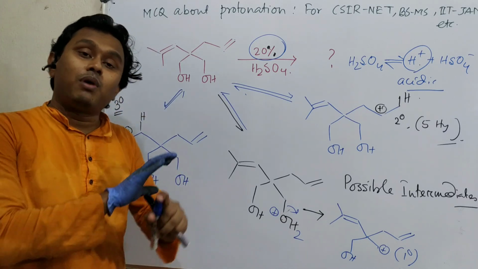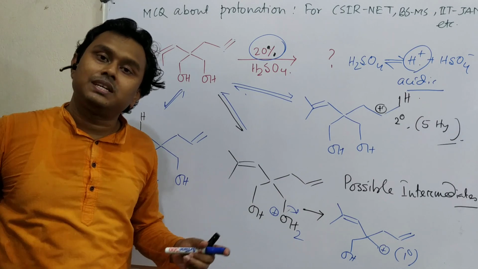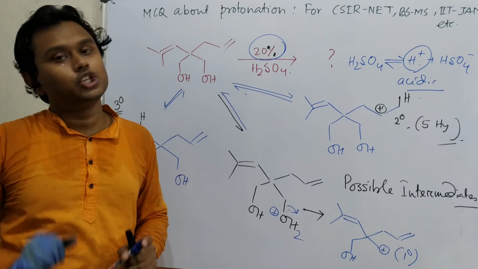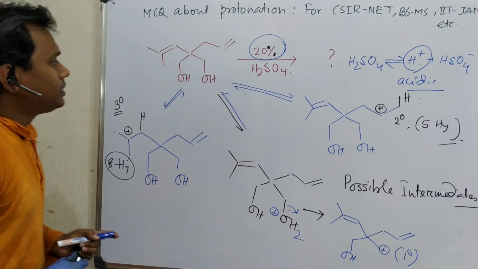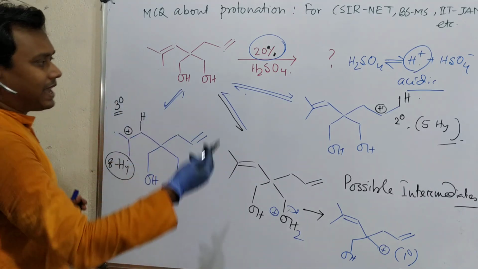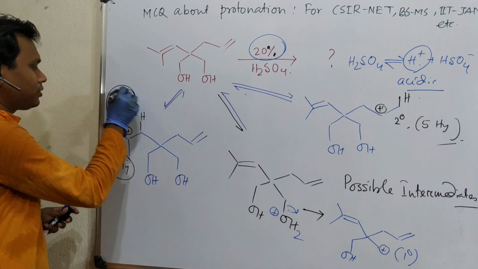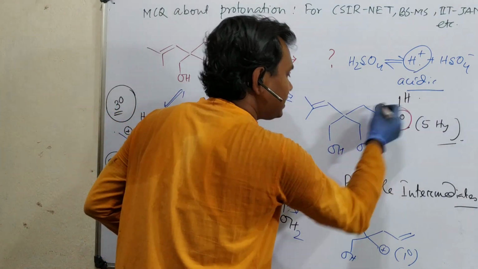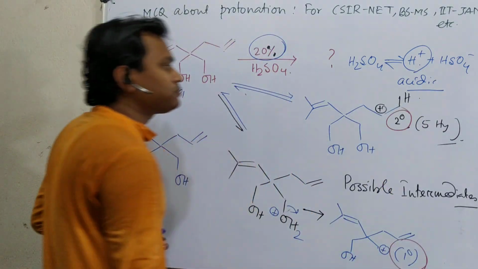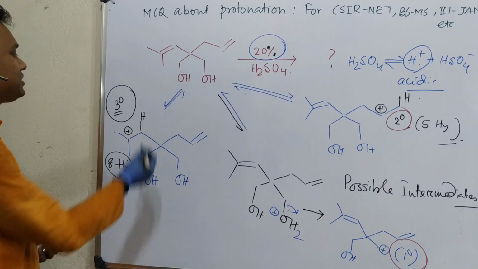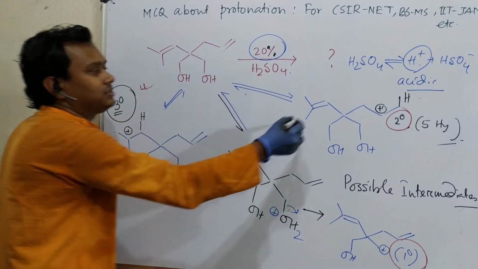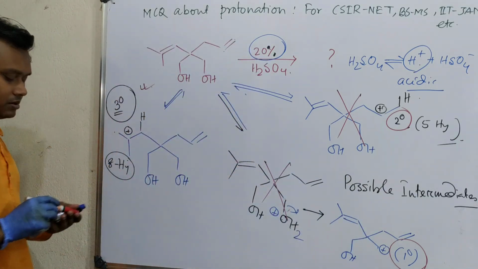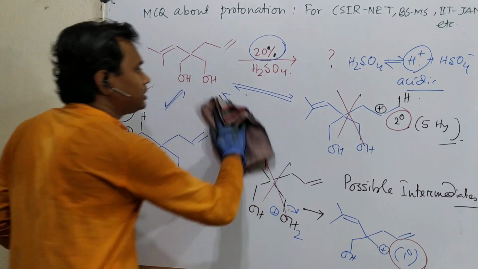If a reaction has multiple pathways to proceed, it will follow the pathway which is associated with the lowest energy of activation. Okay, so now see, in all these cases, here is a tertiary carbocation, in this case a secondary carbocation, and this is a primary carbocation. Which is more stable? Obviously this one. So this will not be our product, the product will be this one. I guess you have understood this explanation.